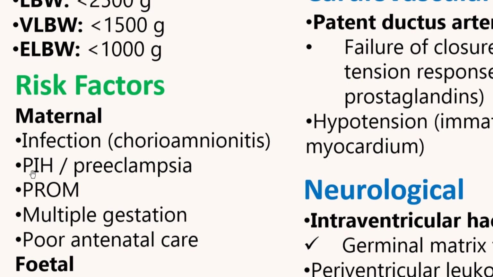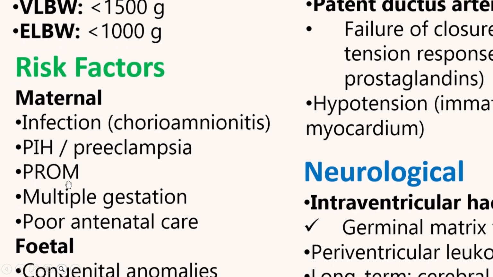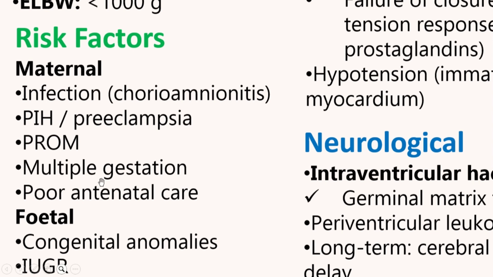That is chorioamnionitis. Then we have things like hypertension in pregnancy, preeclampsia, eclampsia, and things like that. PROM, which is the premature rupture of membranes or preterm rupture of membranes. And this is also very important, because once the membranes rupture, the amniotic fluid is going to leak out. And when amniotic fluid leaks out, the health of that fetus is going to be bad. And most of the time, the OBGYN department is going to decide to expedite delivery.